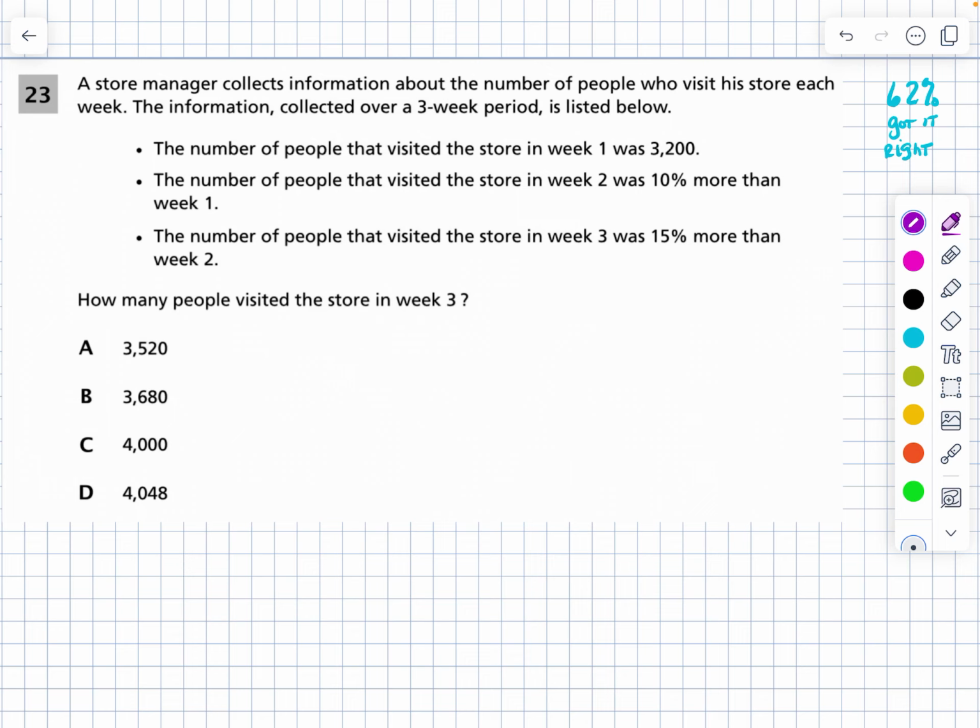The number of people that visited the store in week 2 was 10% more than week 1. And the number of people that visited the store in week 3 was 15% more than week 2. How many people visited the store in week 3? And there you've got answers ranging from 3,500 to 4,000. At first glance, this looks a little bit low and this looks a little bit low, but I'm going to reserve